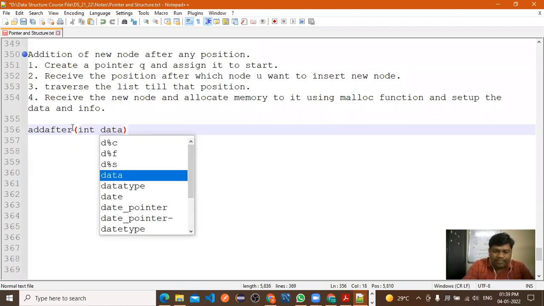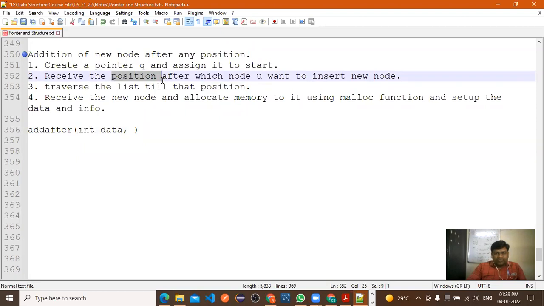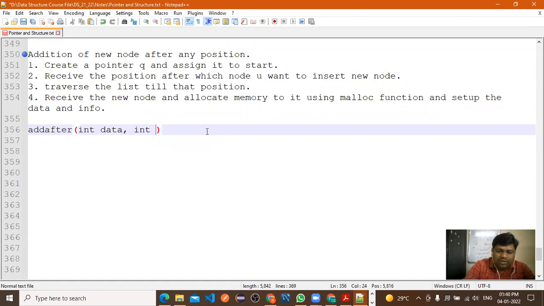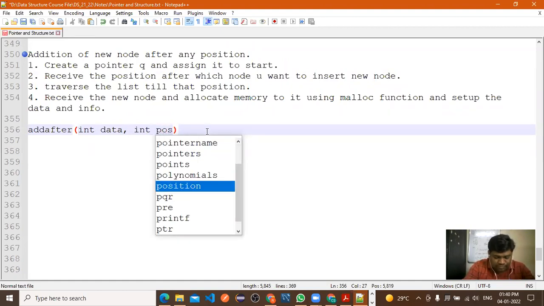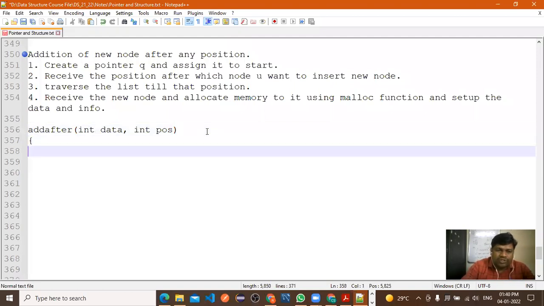Int data, and again, one more parameter is required. So what data you want to insert? So that new node value. And next, what you require? Position. So can I write here int POS? Int POS, right? Position.